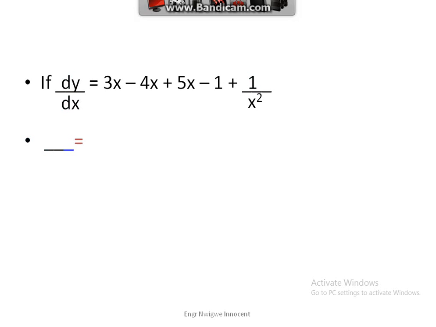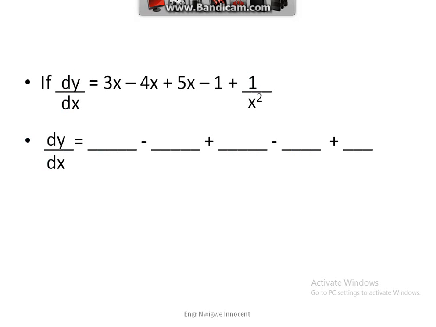Another example. If dy over dx is equal to 3x cubed minus 4x squared plus 5x minus 1 plus 1 over x squared, the integration of dy over dx, from the formula, which is if the function of x is a times x raised to power n, therefore a times x raised to power n plus 1 over n plus 1 plus c. Then we now have